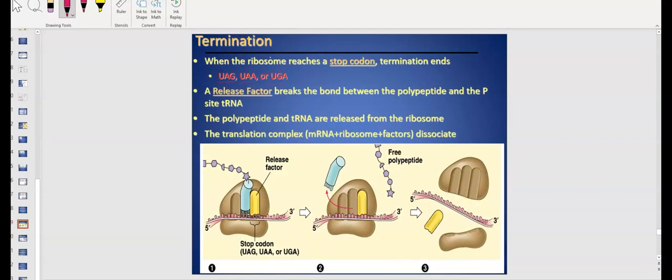So UAA, UAG, UGA, that codes for a release factor, which is basically a tRNA that's not able to be charged at all. And that has a complementary codon, so it has an anticodon. And in this case, there's no way that this can do the reaction to continue this on, and that signals the peptidyl transferase to cleave this off. So instead of doing a dehydration reaction, it does a hydrolysis reaction. This one's released, and everything falls apart. So that's the end of